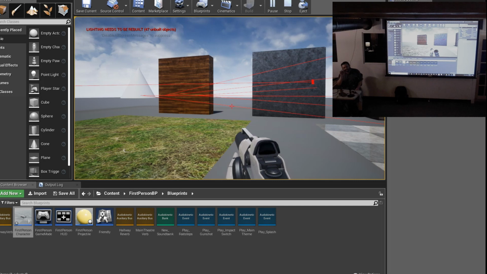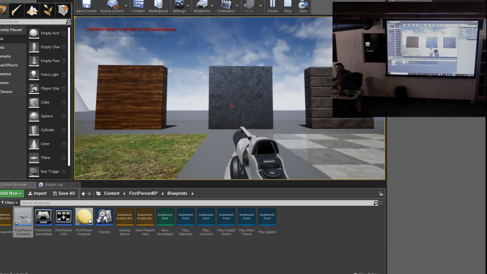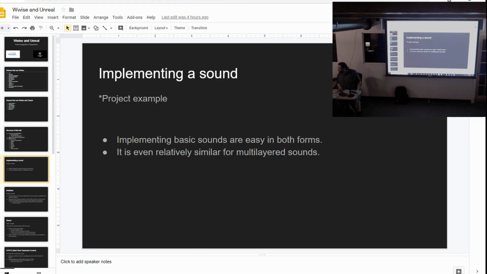And same thing, little bits of pitch shifting, randomization between 3 different layers of sound. And in this case, basic implementation takes a little bit less time in Unreal. If you're just doing something like putting in basic sounds and a few other basic things, Unreal will be a lot faster in order to do it. Just not as much control, which I will get to in a little bit. So on the subject of control,